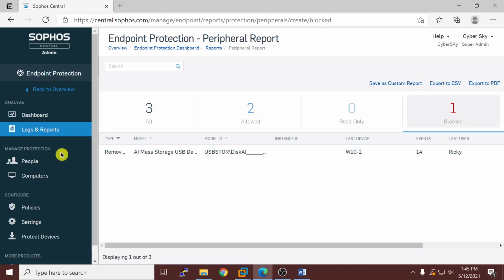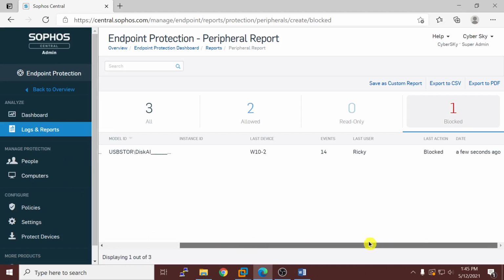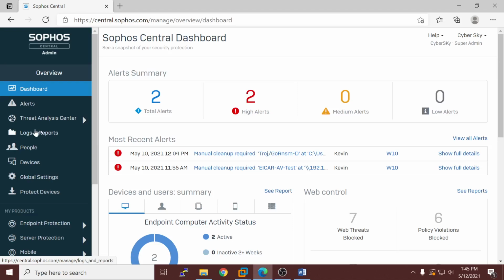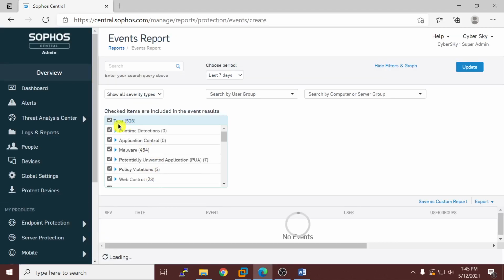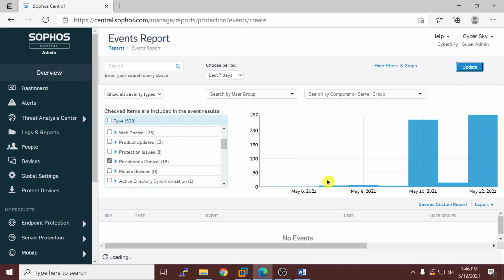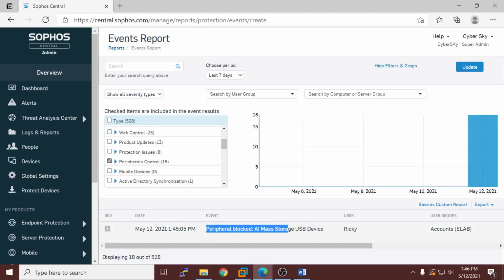can see the events. So you can see one device was blocked a few seconds ago, and if you come to this logs and report again under this events, and if you filter this and select peripheral control and get updated, you can see peripheral block.